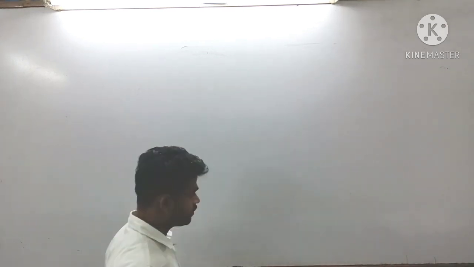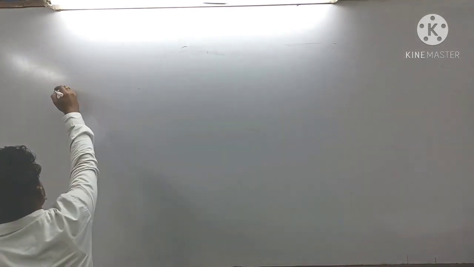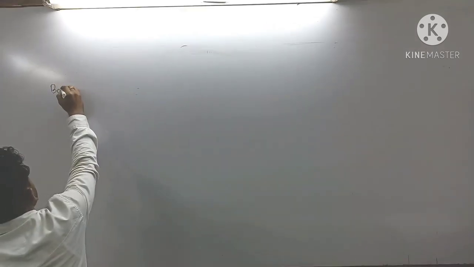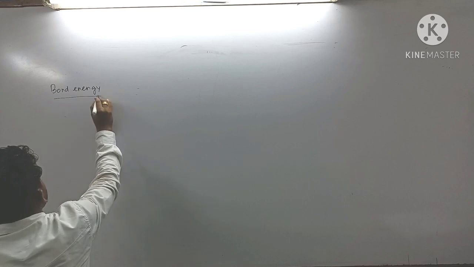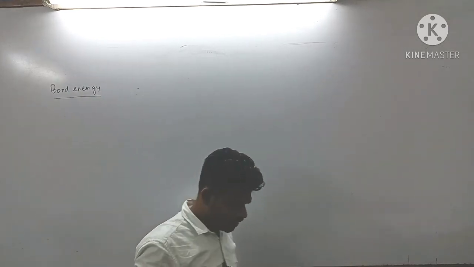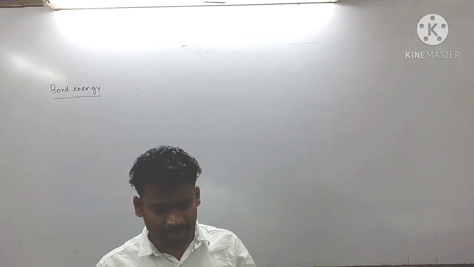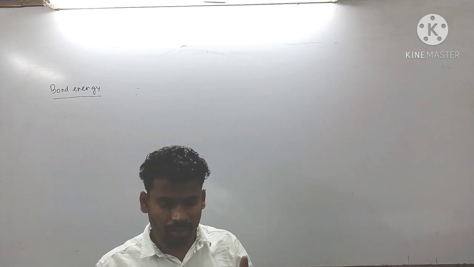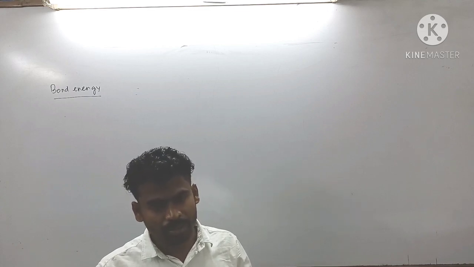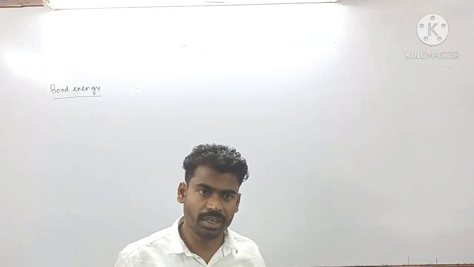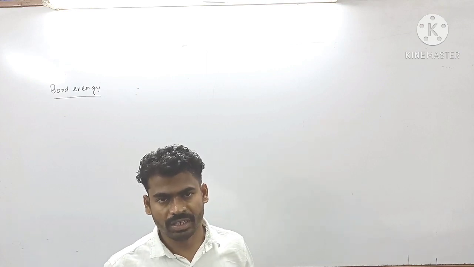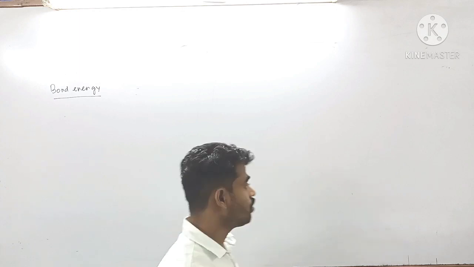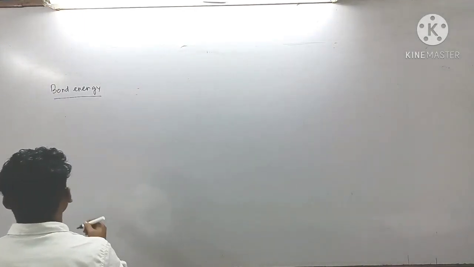Next we will discuss bond energy. Clear? Bond energy. Definition: bond energy means, during the formation of a bond, what happens? Energy is released. So whatever the amount of energy is released, this much amount of energy is also required to break the bond. That is called bond dissociation energy also. So bond energy, it is defined as